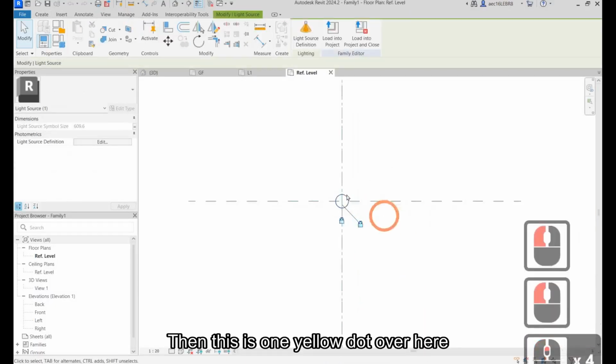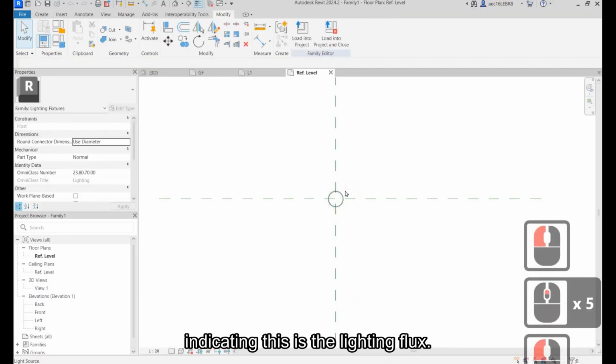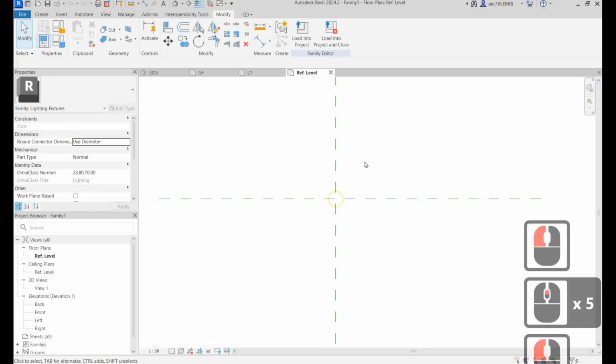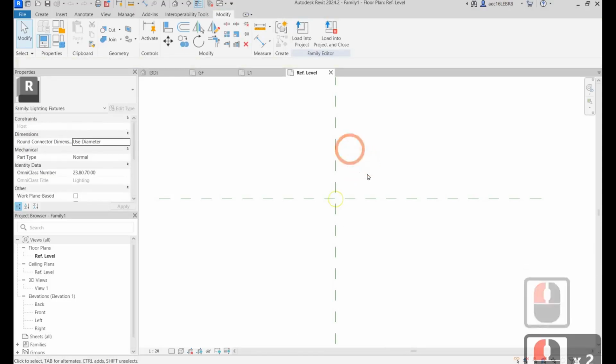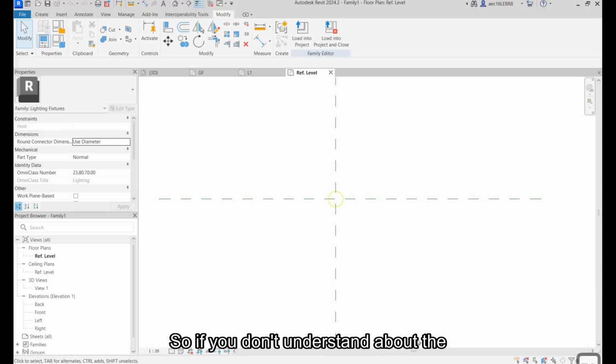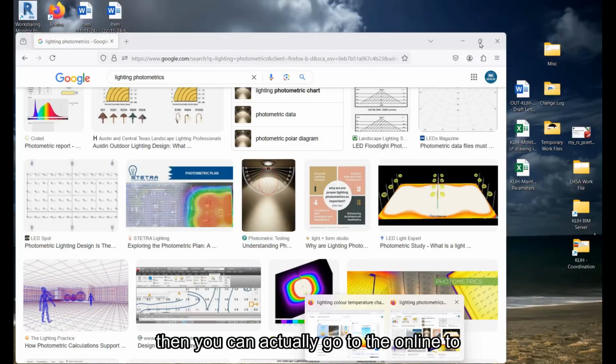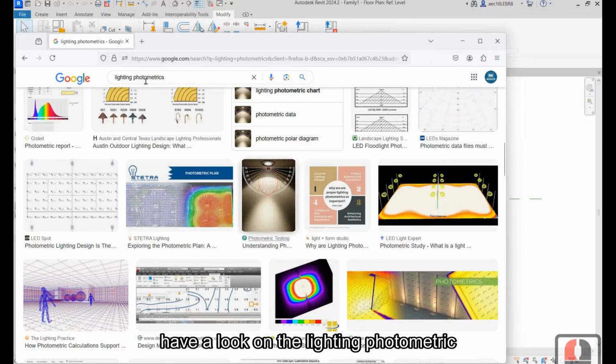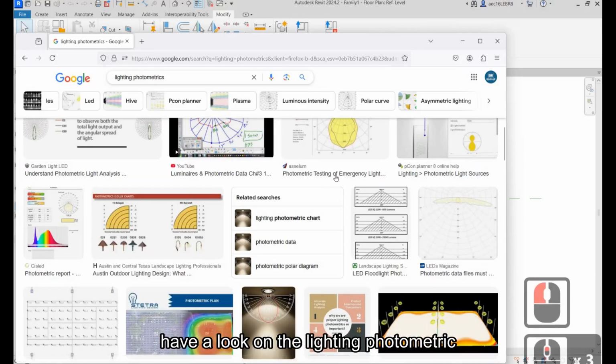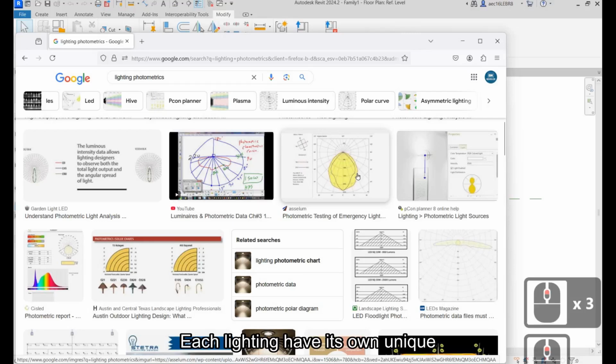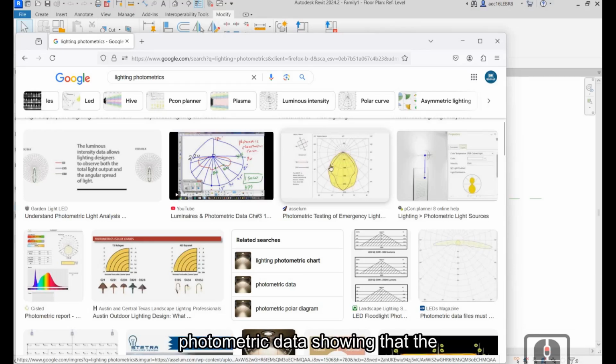This one yellow dot over here indicates the lighting flux, the lighting distribution. If you don't understand about the lighting flux, you can go online to have a look at lighting photometric data. Each lighting has its own unique photometric data showing the distribution of the lighting flux around the distance and angles of the fittings here.